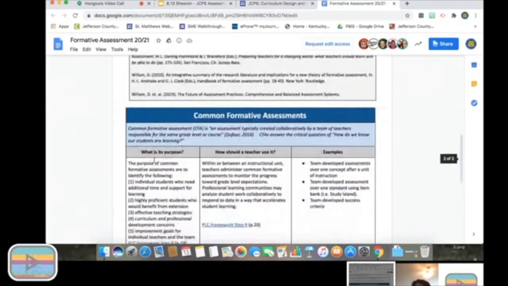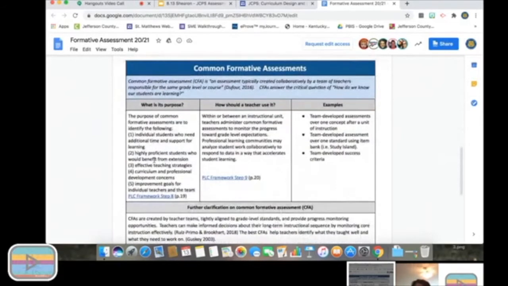And then common formative assessments are something that people are probably familiar with. That word common, it's more of a formalized assessment. So it's that piece that you think of when you create it with a peer, collaboratively with a PLC, part of the PLC framework in JCPS. So you create these assessments with grade level peers based on a standard or a set of standards. So they really answer the critical question of how do we know our students are learning? So the purpose is defined right here. Again, the assessment data gives us information on what we as educators need to do to respond.